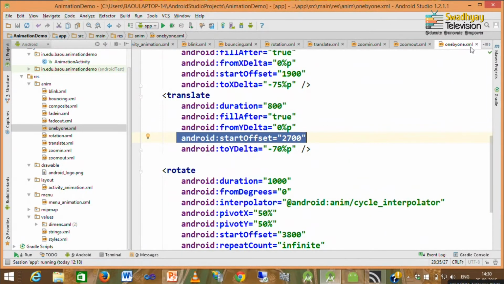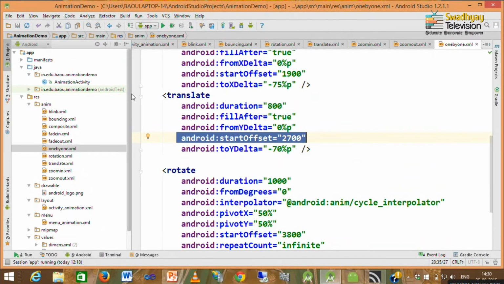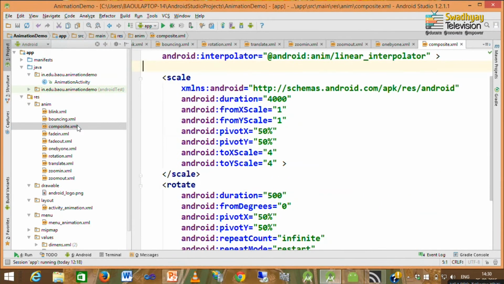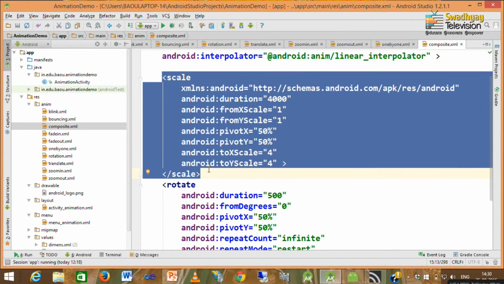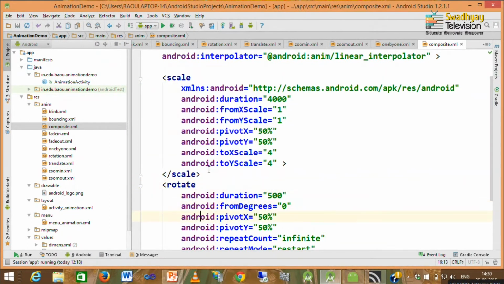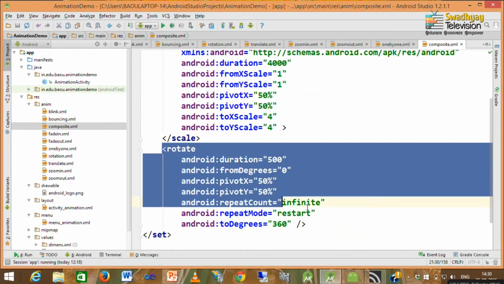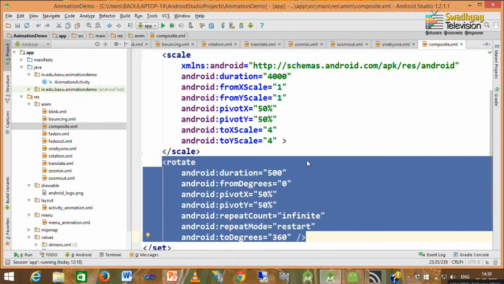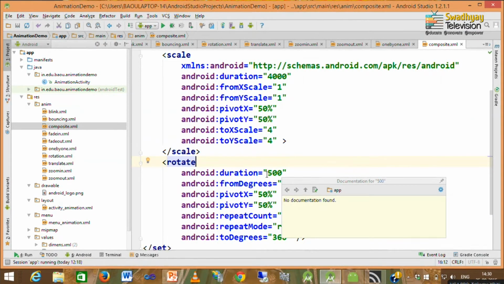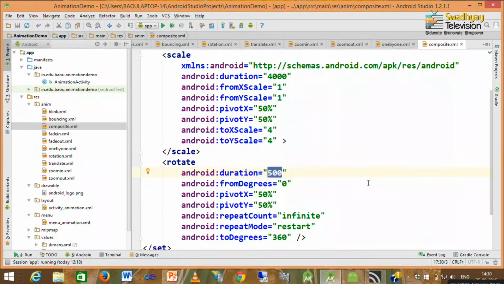Now, suppose you want to apply multiple animations at a time, then you can use composite animation. So, here first is a scale animation, that means zoom in animation, and next is a rotation animation, and the duration of the first animation is 4 seconds and the duration of the second animation is half a second, and here we do not specify a start offset.